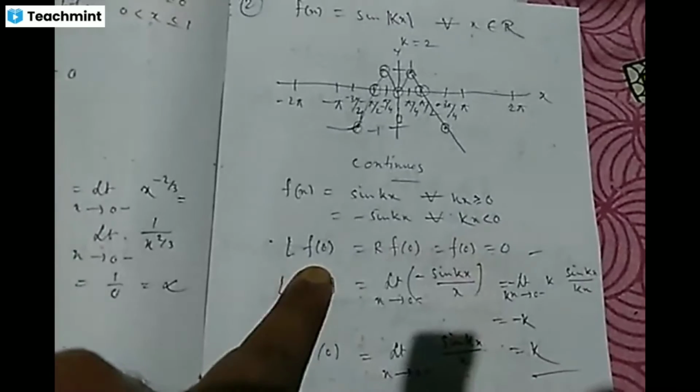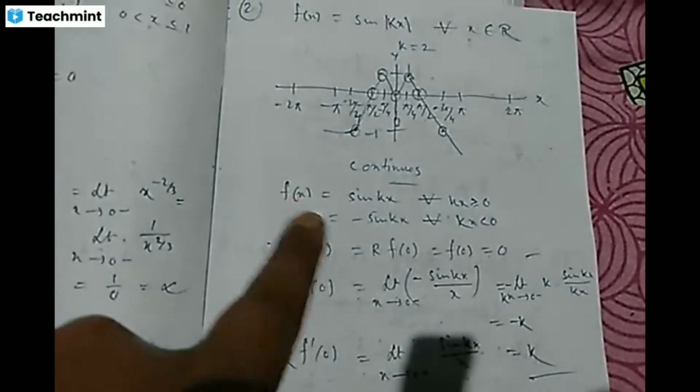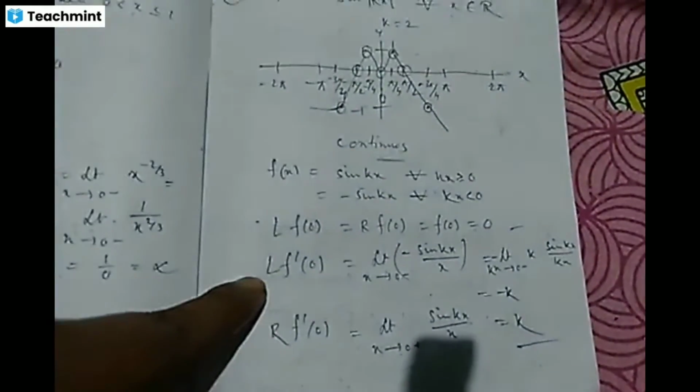K is scalar and x is the variable less than 0. So the left hand limit at the point 0 of the function, you can easily see, will be 0, and the right hand limit also will be 0. Right hand will be 0, left hand will be 0, and f(0) is also 0. So this is continuous. In this way you can find out that this is continuous, and by the graph method you can also find out that this is continuous. Now, is it differentiable or not?